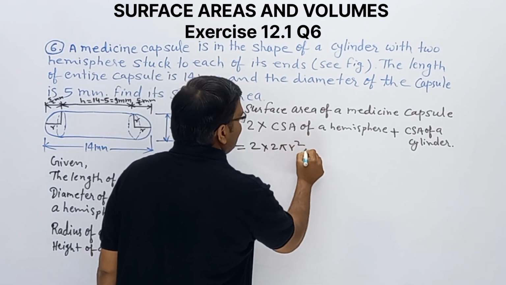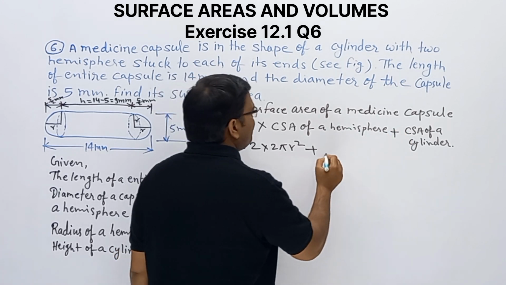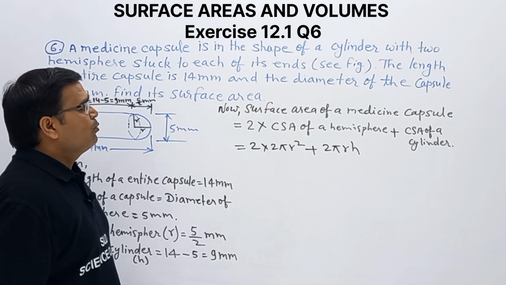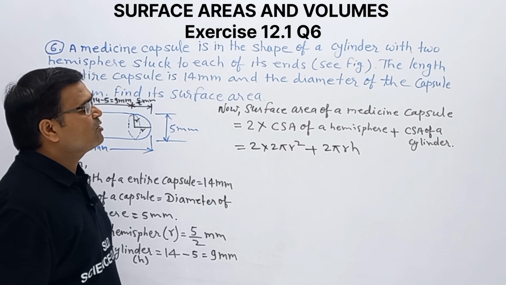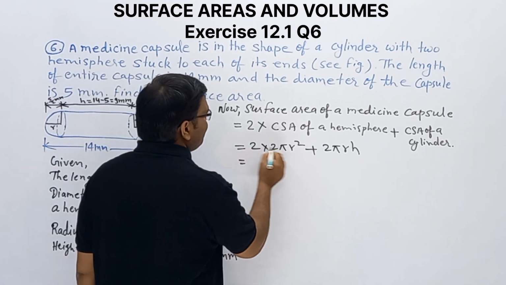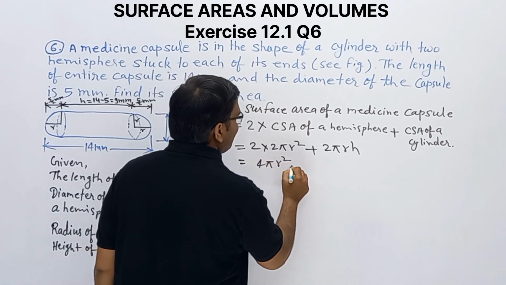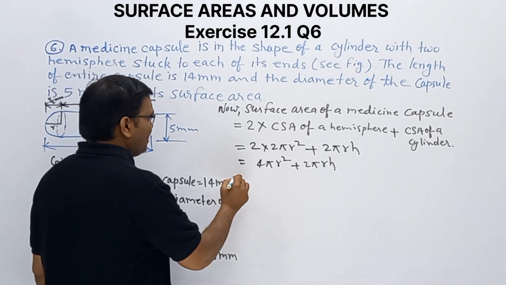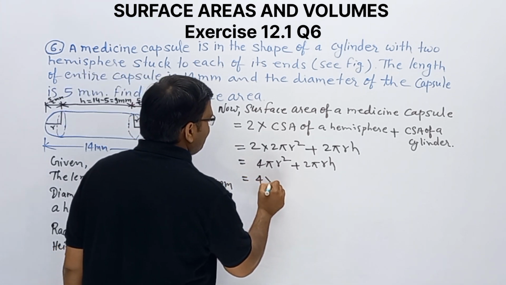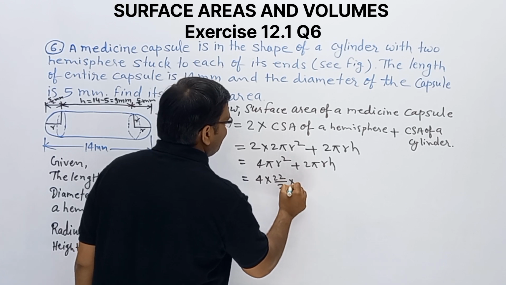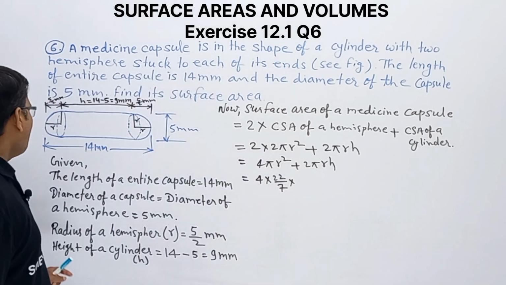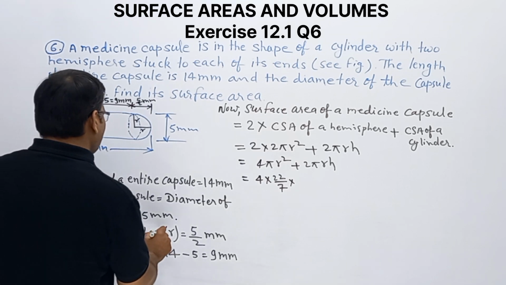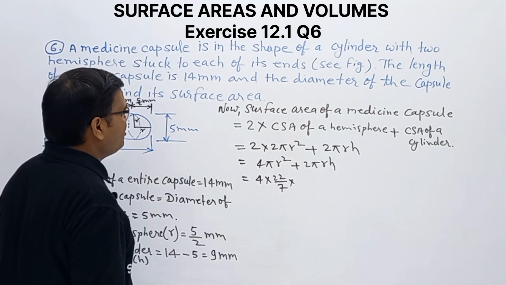So this can be written as 2 into the curved surface area of a hemisphere, which is 2 pi r square, plus the curved surface area of a cylinder, which is 2 pi rh. These are the formulas for the curved surface area of a hemisphere and of a cylinder. Now this can be written as 4 pi r square plus 2 pi rh. Put the values of r, h and pi. So this can be written as 4 into 22 by 7 into r, where r is the radius of a hemisphere, and the radius of a hemisphere is